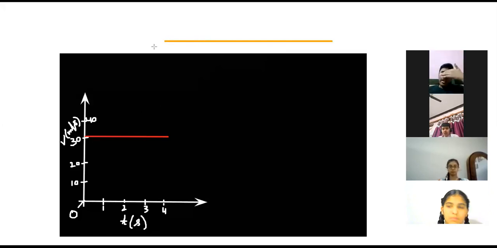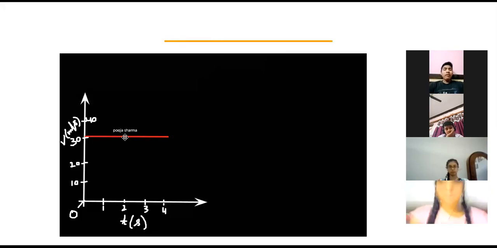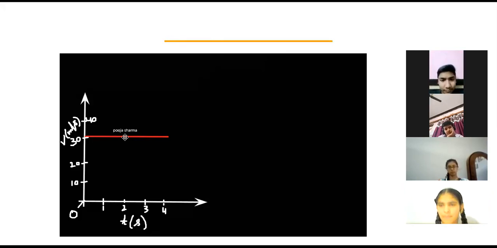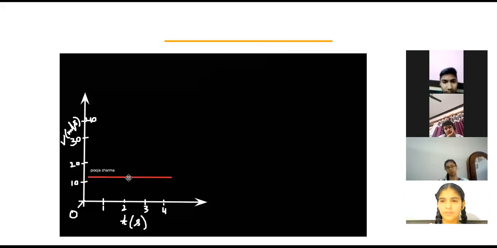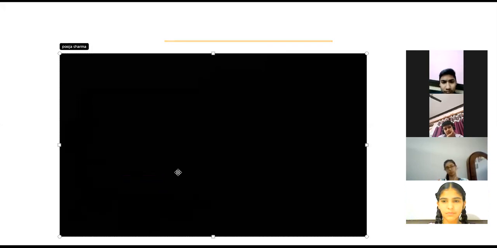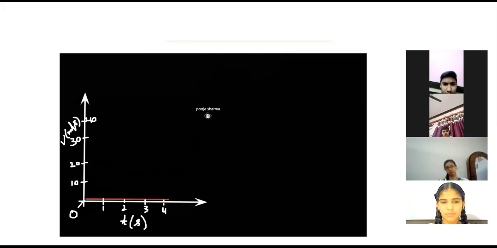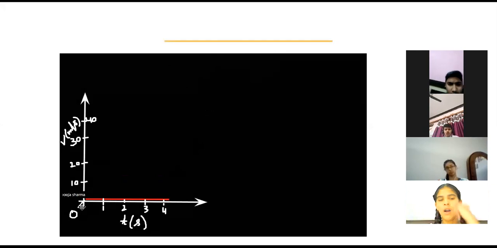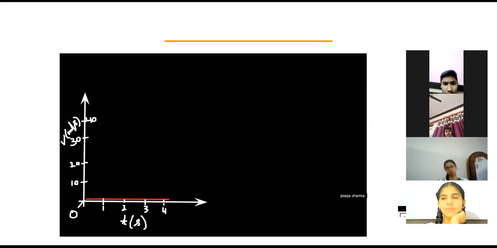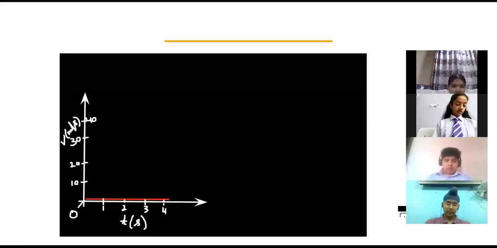One thing more to clear over here. This red line which I have drawn shows that the velocity is 30. It is not increasing, not decreasing. And if you have to draw the rest graph in velocity-time, you have to draw the line onto the x-axis. If you have the line onto the x-axis, it means what is the velocity? The whole line is on the x-axis, so what is the velocity with respect to this? It is 0. Yes, and if it is 0, it means the object is not moving. Velocity is 0, meaning speed is 0. So what that means? That the object is not at all moving.